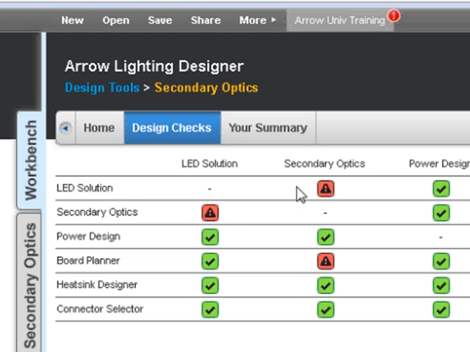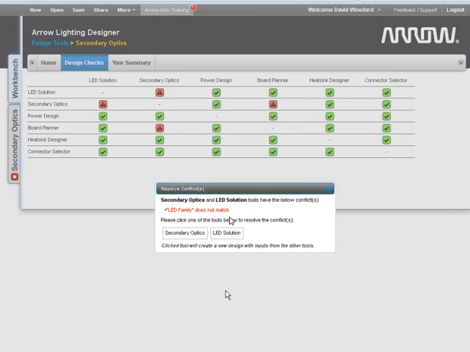And my error is, what it will tell me if I click on this, is my LED family does not match. So I can click on this, and it will give me the option of correcting my mistake. So I can correct my mistake by either going to the secondary optics or to the LED solution. So if I click on secondary optics,